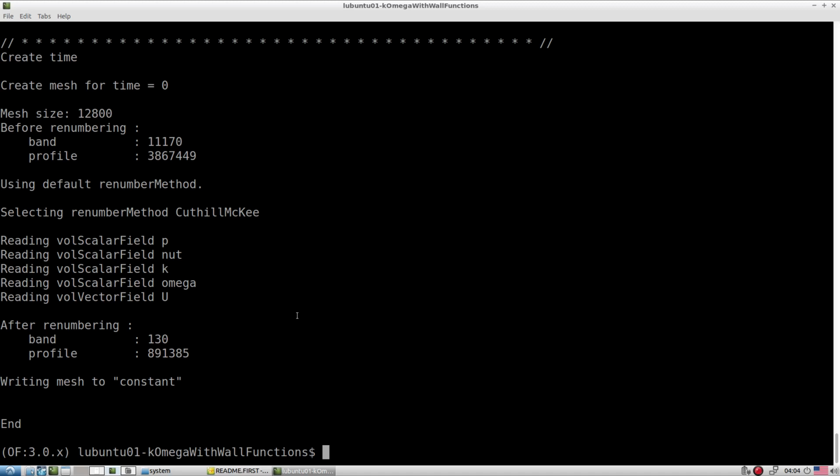So even though the Reynolds number is very high and we didn't change the mesh, the reason is that right now we are working with the RANS class of calculations. If you are working with the DNS class of calculation, we require a very fine mesh.